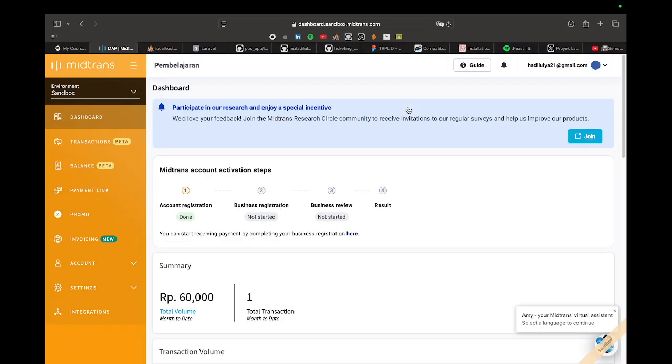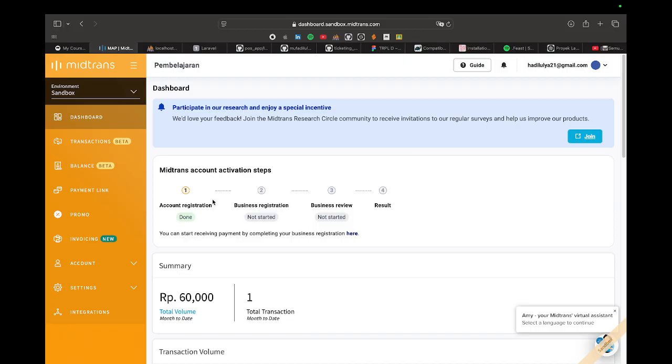But if you want to make this for real and you want to have a food store, after you make it in the sandbox, you can change the environment from sandbox to production. And this is for the Midtrans account activation step.